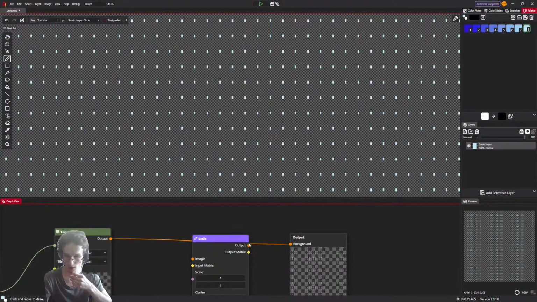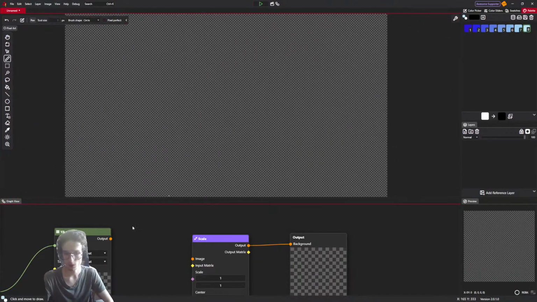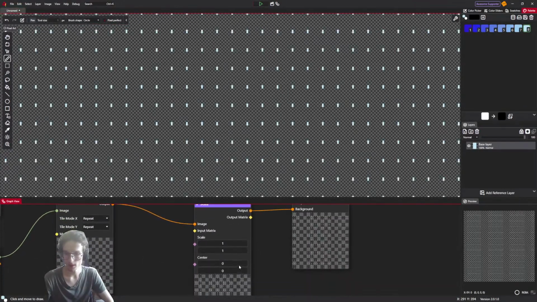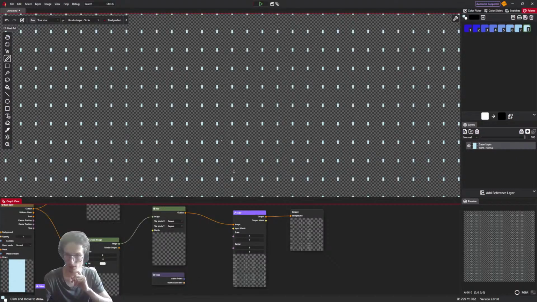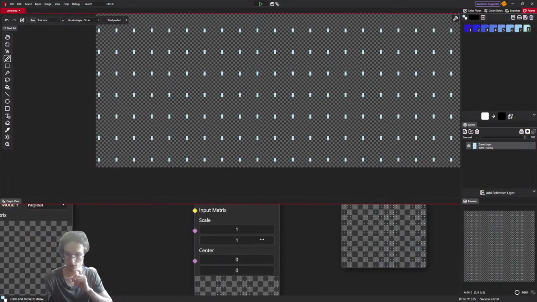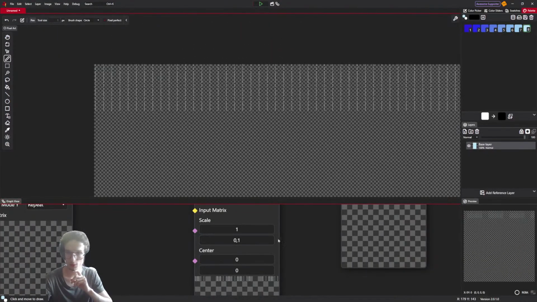Oh, I just need to connect it to the output. Oh, not this one. This one. Yep. So when I now take the center. Oh wow, it still doesn't work. I did something wrong, apparently. Okay, this is the scale. Well, scaling is not really what I want.